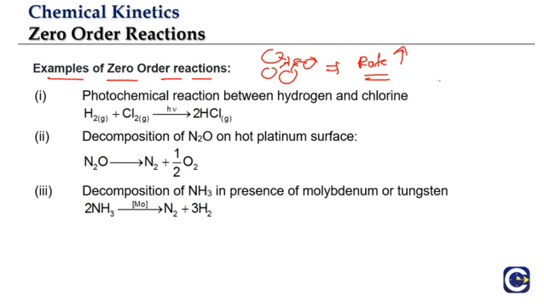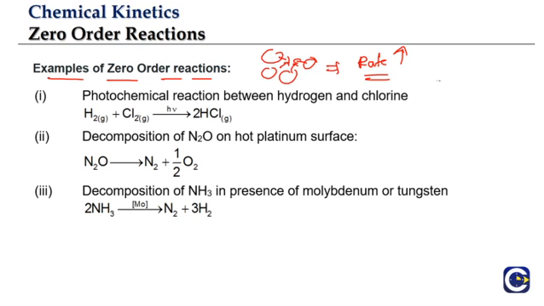Means the rate is driven by something else. It is not dependent upon the concentration of reactants. It is driven by something else. So what are some of the practical examples? We may not have a reaction which is absolutely zero order, but we'll have reactions which are close to zero order, meaning the rate of the reaction will be almost independent of the concentration. It is going to be driven by some other factor. So let us look at it.